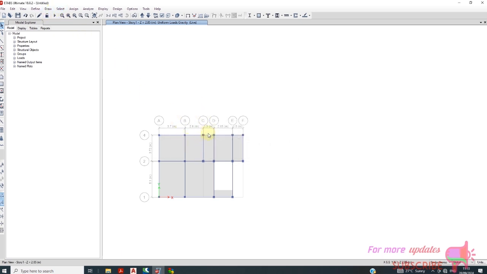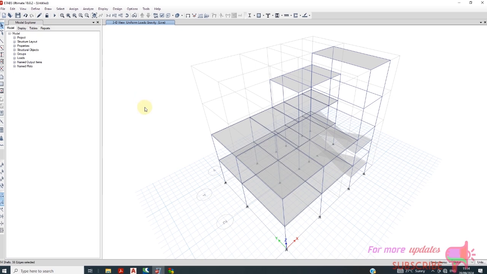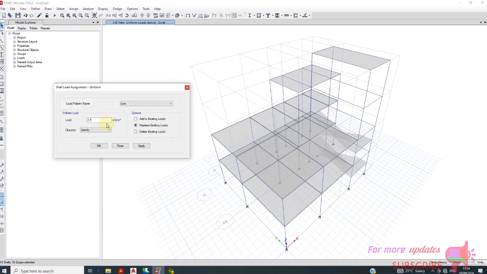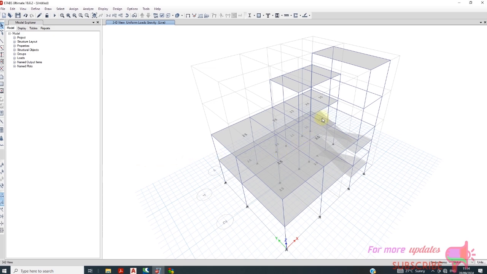Okay, so I have not selected anything, so I'll go to select, pick all of this. So if I go now to 3D view, they have been selected up to second floor, and I'll go to assign shell uniform 2.5 live load, apply. Okay,